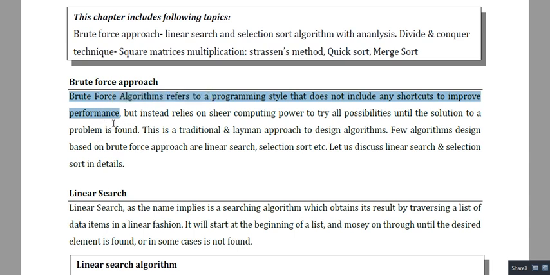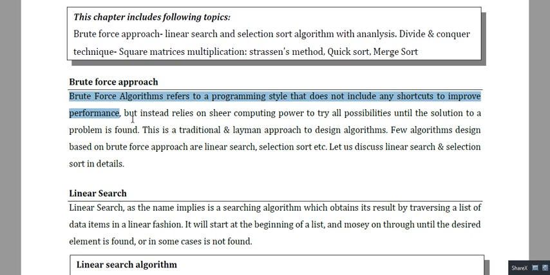It simply depends upon the computation power of a computer. We don't find any shortcut technique or any tricks to solve any kind of problem using this brute force approach. Rather, we just keep on with our normal way, and we just depend upon the computation power of the computer.